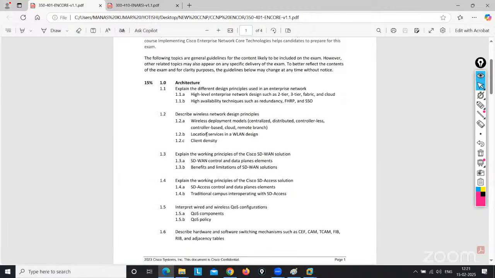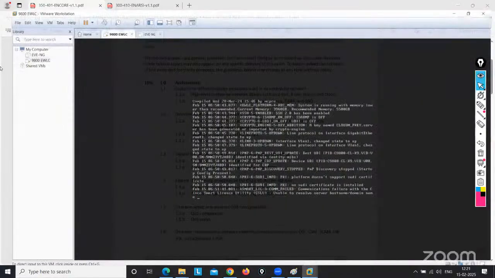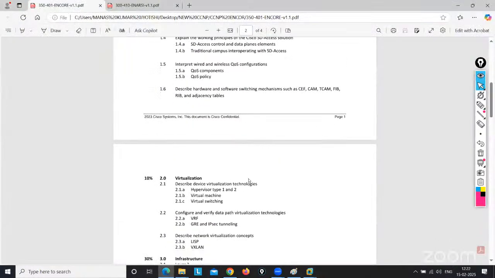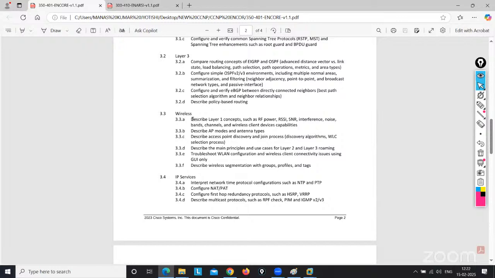Okay. So this is everything from the 9800 virtual setup. From that WLC, I will let you know how to do the authentication, how to create the tags, how to create the site tags, how to create the WLAN. And after this, you can see in the WLC part, a lot of things are there. What is the RSSI? What is the signal to noise ratio? How will the AP work? How will the CAPWAP tunnel be formed? These things I will cover.